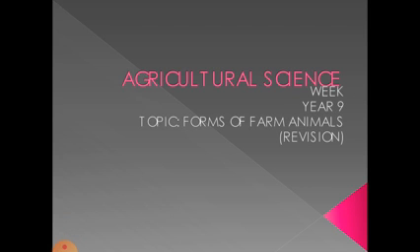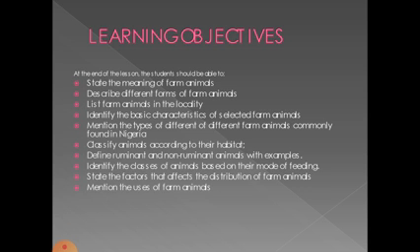Our revision topic is forms of farm animals. And here are the objectives of our lesson. At the end of this lesson, you should be able to state the meaning of farm animals, describe the different forms of farm animals, list farm animals in the locality, identify the basic characteristics of selected farm animals,